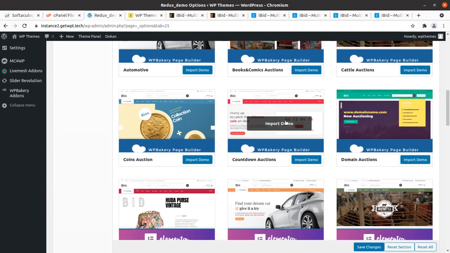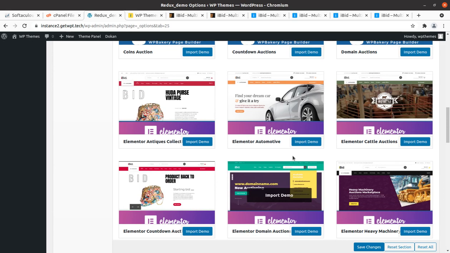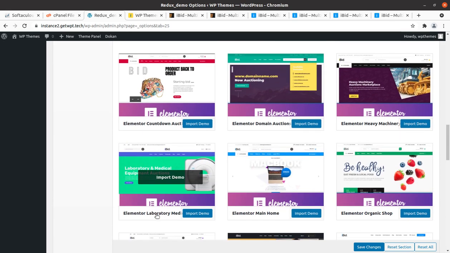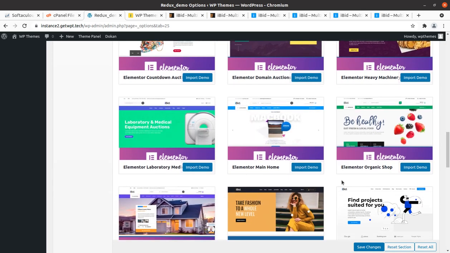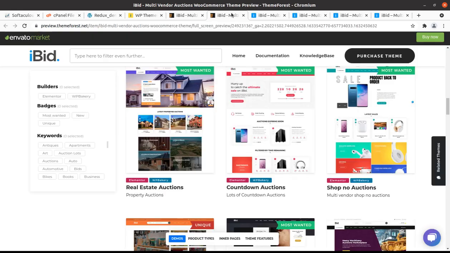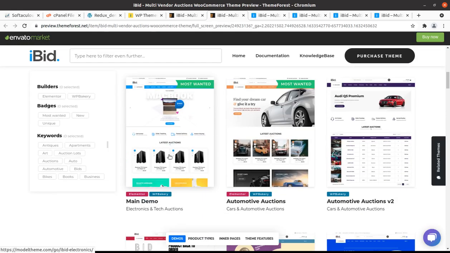We can choose any of these websites like Elementor Antique Collection, Elementor Automotive, and I am going to choose Elementor Main Home. It can be good for this demonstration, so I am importing the Elementor Main Home, and that is this website.